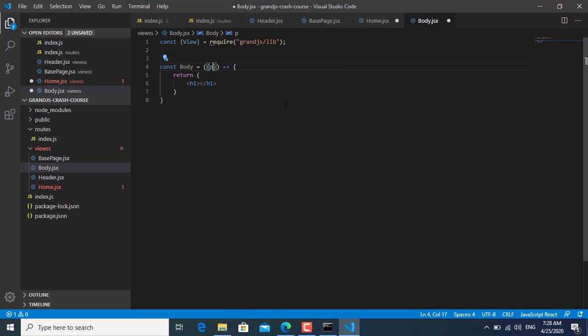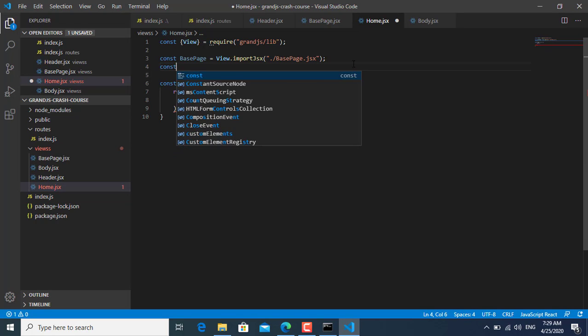So we can say message and other props. I'm using the JavaScript ES6 spread object to spread all other properties in the props object, okay. And here I'm passing just this message to be rendered, and then export this component module.export body,